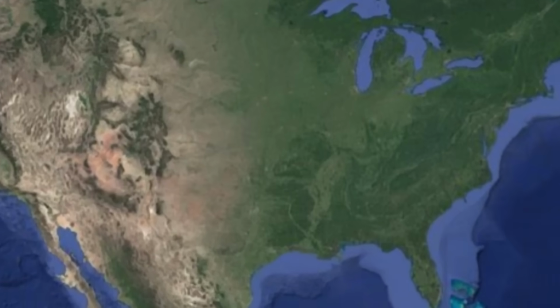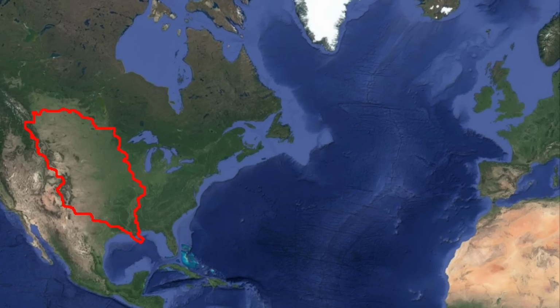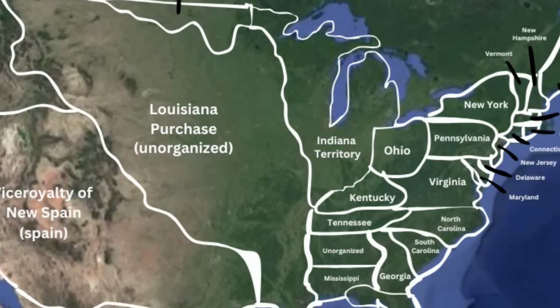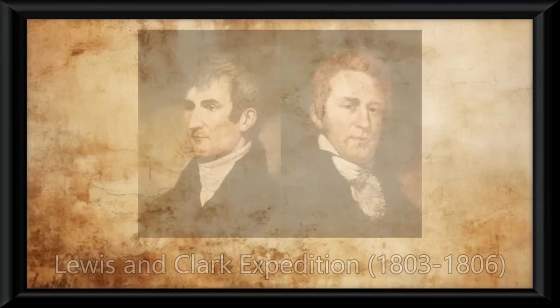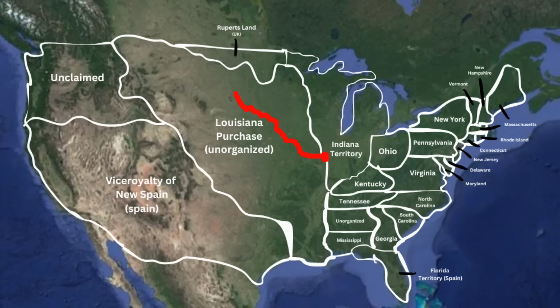The US wanted the land of New Orleans and negotiated with France to get it. France offered the entire Louisiana territory as they were facing financial issues because of Napoleon, and the US bought it for $15 million. Now with all this territory, the US wanted to map it, so they sent Lewis and Clark on an expedition with the Native American guide Sacagawea to help them. They went all the way from St. Louis to the Pacific and mapped out the western territories and realized, truly, how big it was.